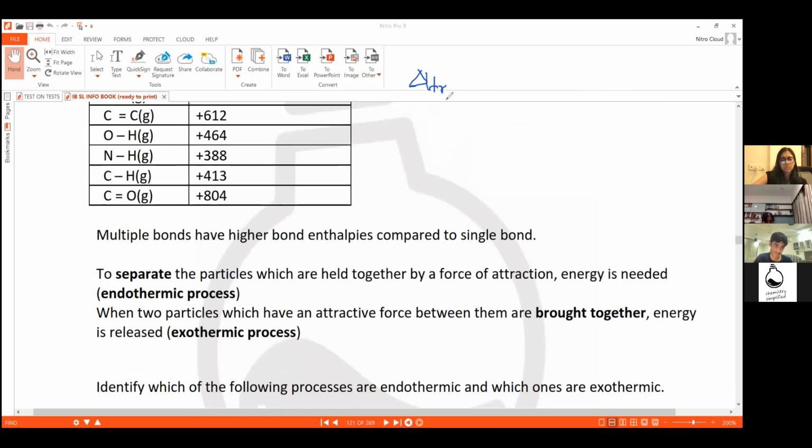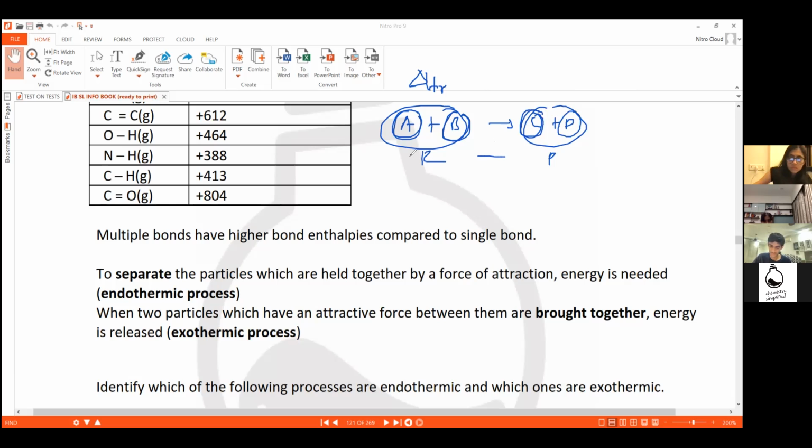Enthalpy change of a reaction. Suppose the reaction is A plus B gives you C plus D. Reactants and products. Reactant molecules will have some bonds. Add up the bond enthalpies of all of them. Come to the products. Product molecules will also have some bonds. Add up the bond enthalpy of every bond and then just subtract them. So here,